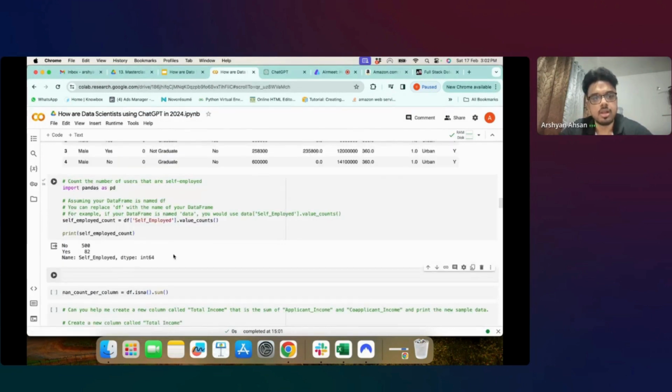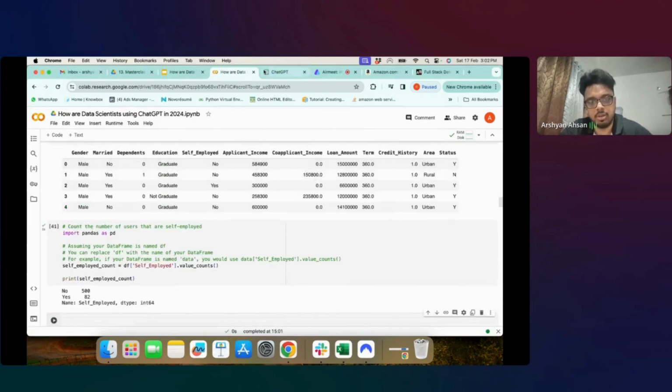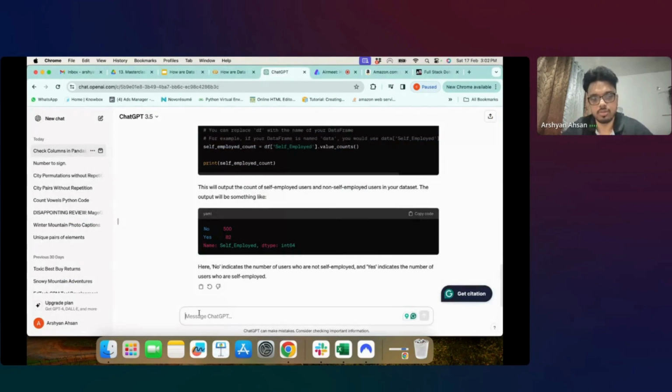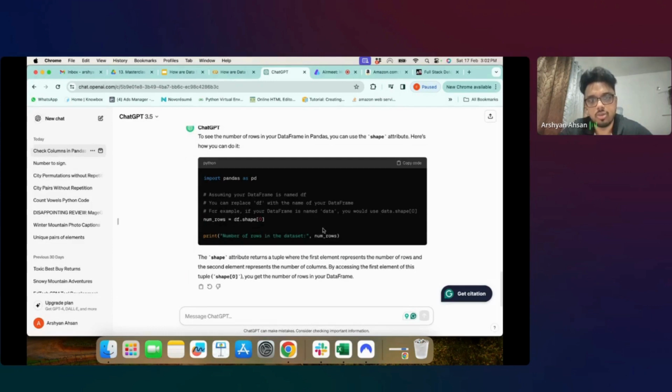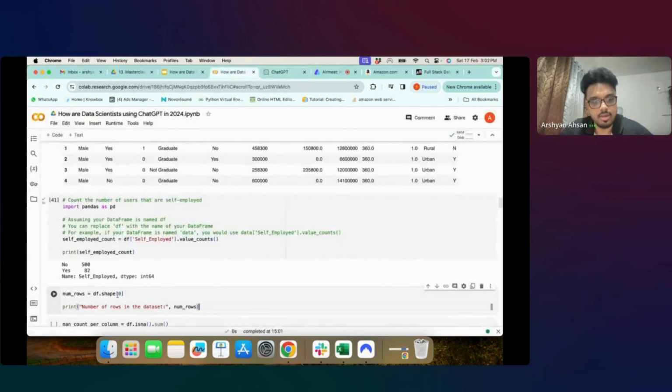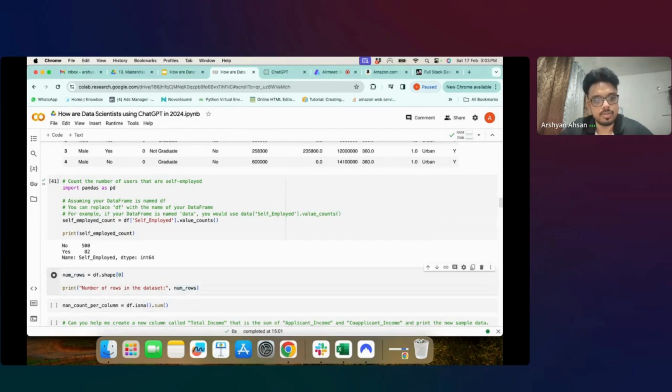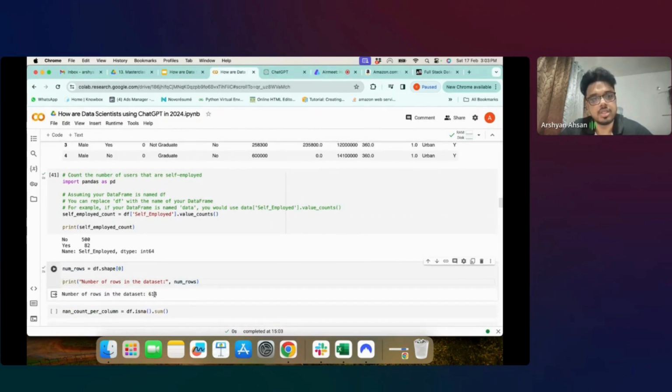ठीक है, लेट्स टेक एनी रैंडम एग्जांपल। तो मैं कुछ नीचे वाली चीजें डिलीट भी कर देता हूँ एंड लेट्स टेक फ्रेश एग्जांपल्स। ठीक है, तो अब मुझे जानना है कि टोटल कितने रोज हैं। हाउ डू आई सी दी लेंथ ऑफ माई डेटा सेट। ठीक है, कितने रोज हैं। हाउ डू आई सी दी नंबर ऑफ रोज ऑफ माई डेटा सेट। तो वो बोल रहा है डीएफ डॉट शेप यूज कर लो, उससे तुम्हें नंबर ऑफ रोज बता देगा वो। तो चलो लेट्स ट्राई।